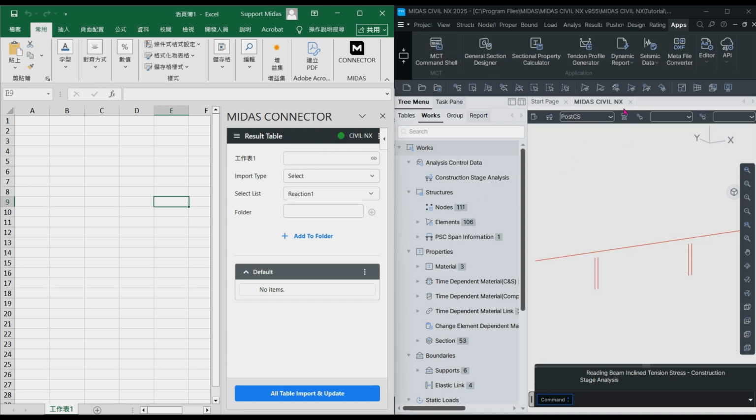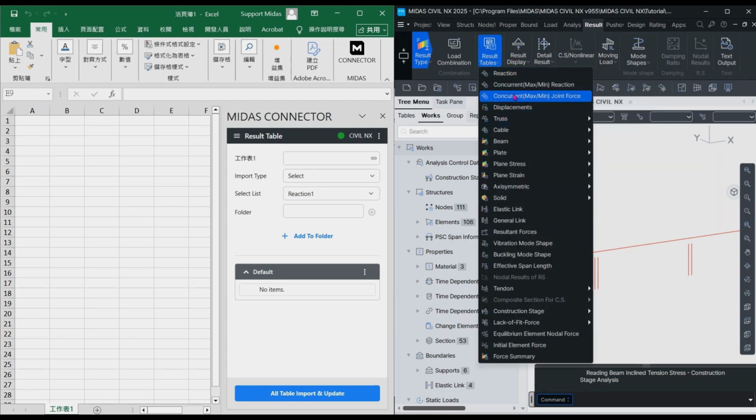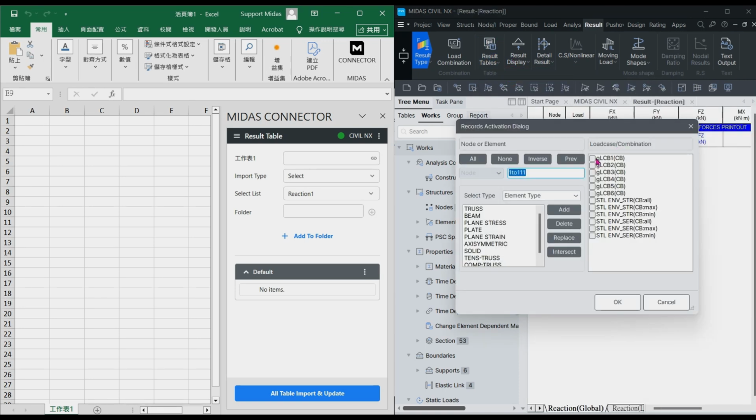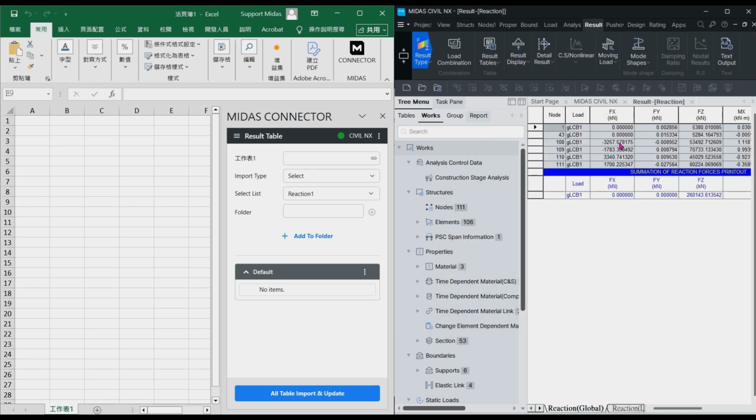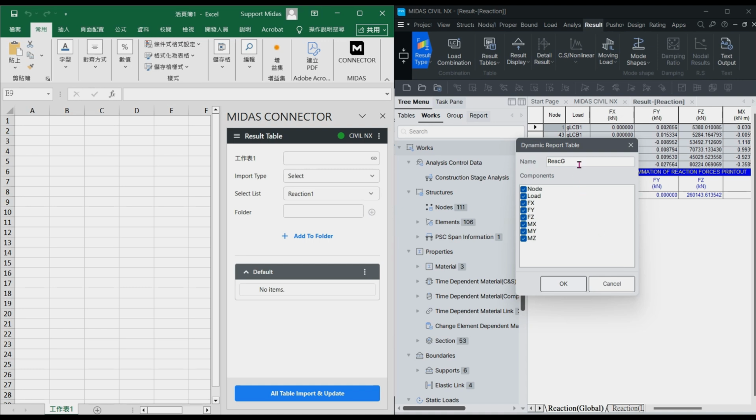Okay, so how to create your report? You can just simply click results here. This is maybe for the results tables. You want to see the reaction, for example, GLCP1. You can click OK, right click, and click dynamic report table. Okay, you can just name it. Maybe React G is okay,